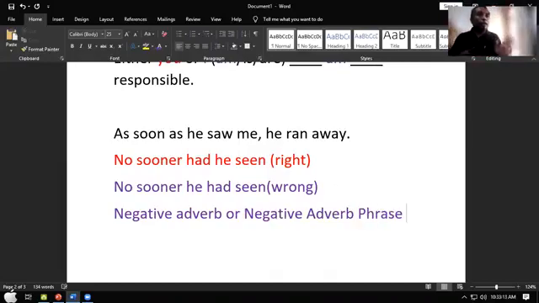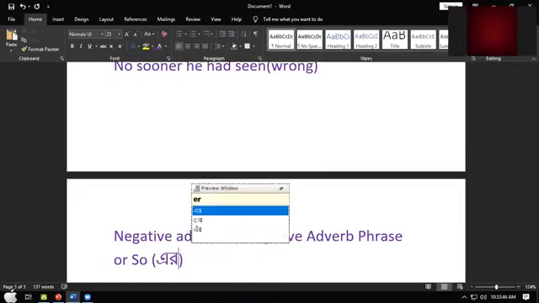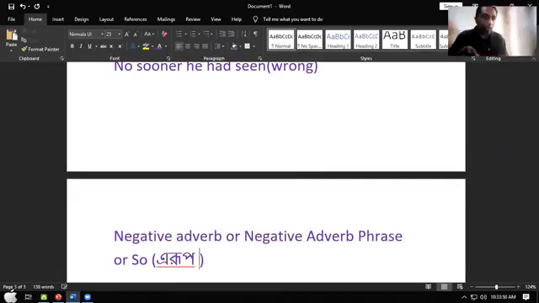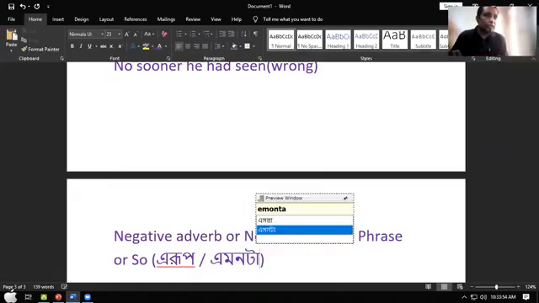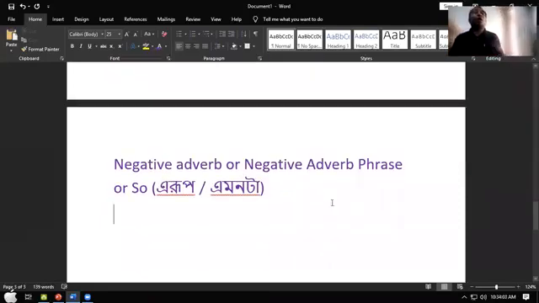If we start an assertive sentence with a negative adverb or negative adverb phrase, or so, here so does not mean hence, therefore, অর্থাৎ অতএব তাই সুতরাং. Here so means এরূপ or এমনটা. If we start an assertive sentence with a negative adverb or negative adverb phrase, or so meaning এরূপ or এমনটা,